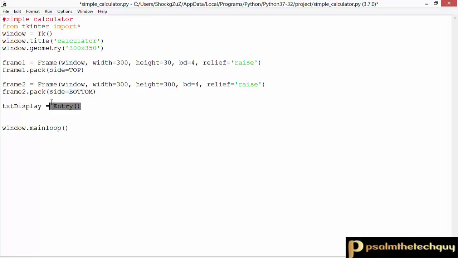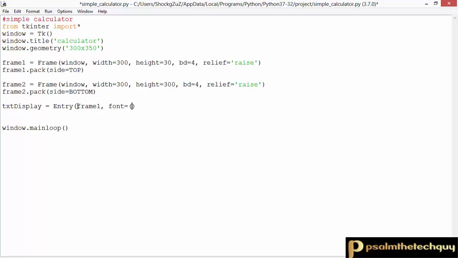So it's like a layer on top of frame1 and not frame2. So I'm going to enter frame1 as the first parameter. Next, I'm going to enter a font equal to